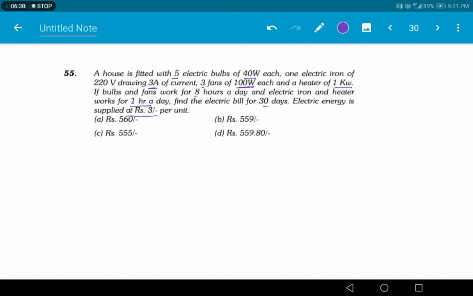So here first we should know how many appliances are there. First, 5 bulbs, each of 40 watt, and how many hours they are using. Bulbs and fans are used for 8 hours, and for how many days, 30 days. So we know the formula NPHD. This is the power consumed by bulbs. You will get it by multiplying this NPHD. Next, second